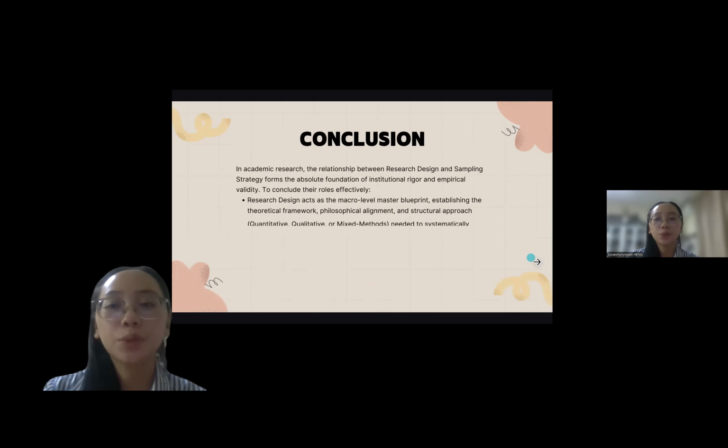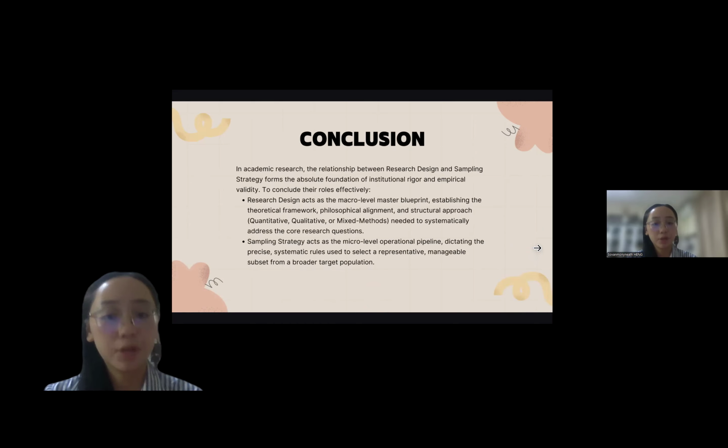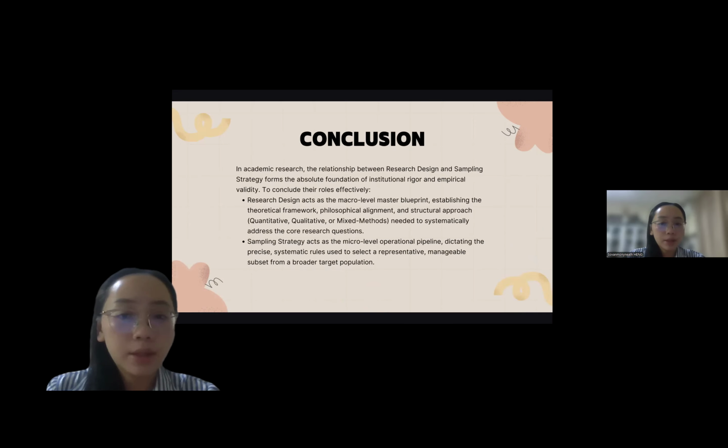As a conclusion on research design and sampling strategy: in academic research, the relationship between research design and sampling strategy forms the absolute foundation of institutional validity. Once again, research design acts as the macro-level master footprint, establishing the theoretical framework, philosophical alignment, and structural approach, whether qualitative, quantitative, or mixed method, needed to systematically